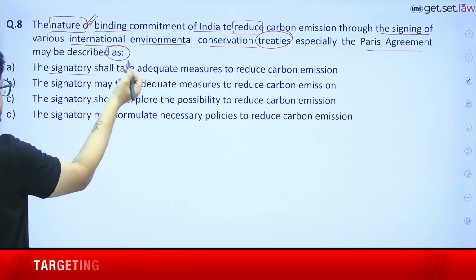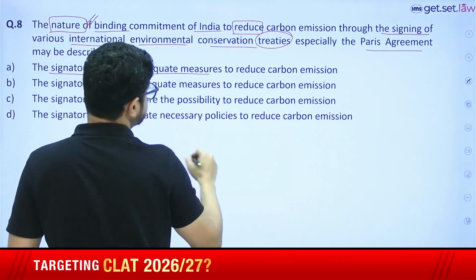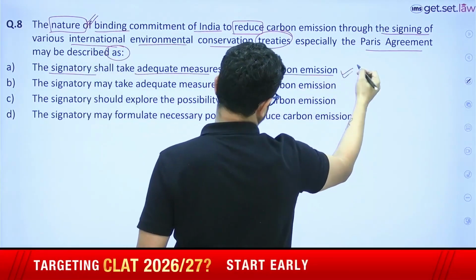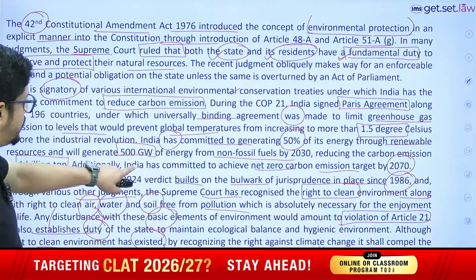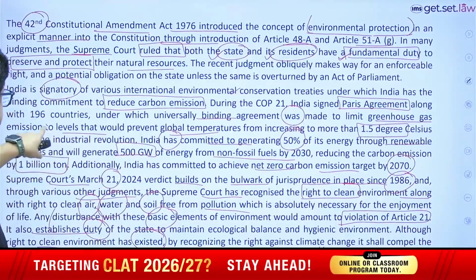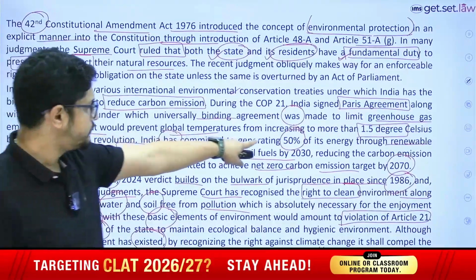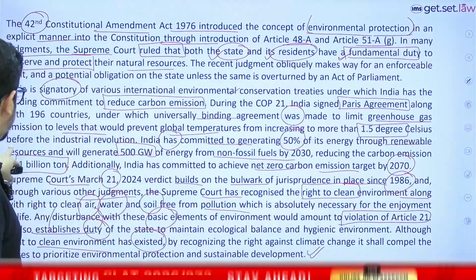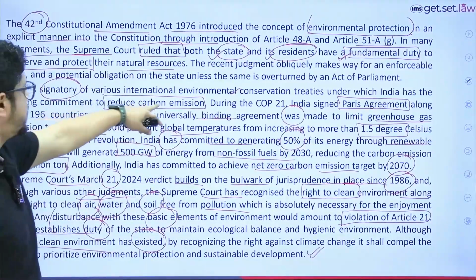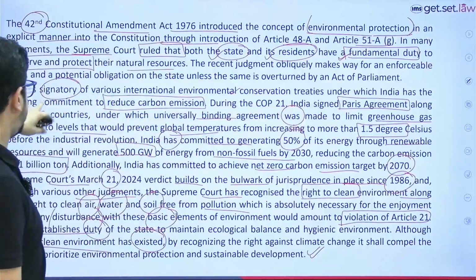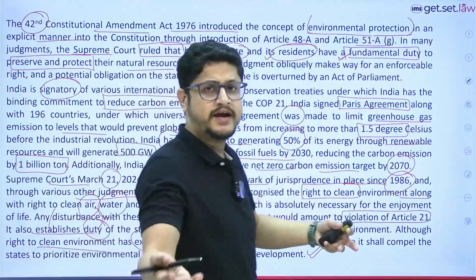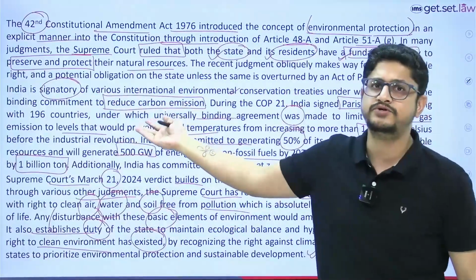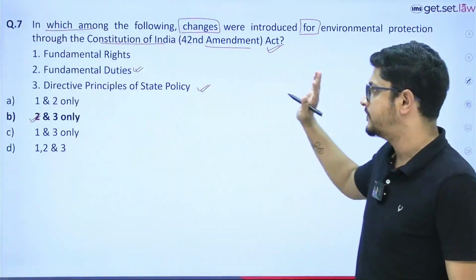That is, signatory means India shall take adequate measures to reduce carbon emission. Okay, that is what India has decided, na? That is given, that we want to reduce carbon emission from increasing these degrees, and this is what is there. The signatory India has binding commitment to reduce emission. देखो directly दिया, मतलब ये तो 8th 9th 10th क्लास का स्टूडेंट भी सॉल्व कर लेगा, ये तो गलत ही नहीं होना चाहिए, ठीक है. It's clearly given.